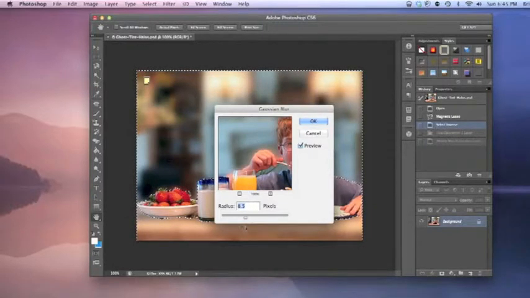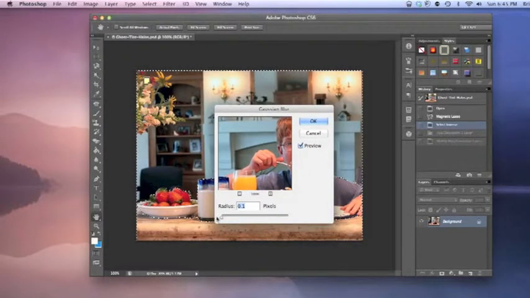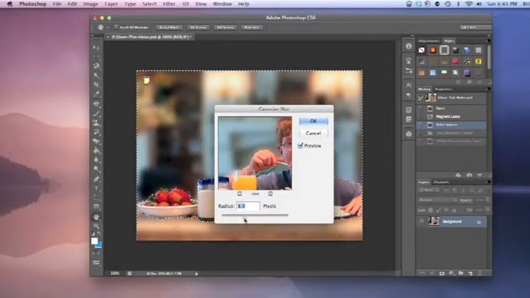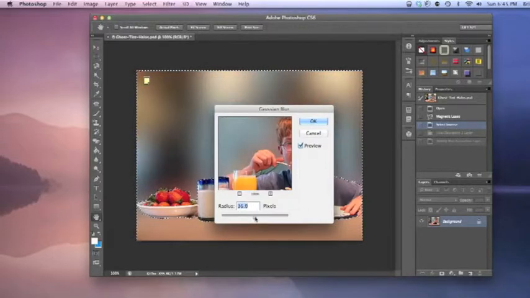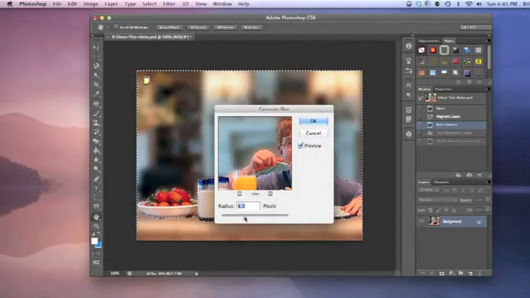You can see in the background here, you can create the amount of blur that you want. Do you want everything in the background to be somewhat identifiable? You may only want to do a slight blur. Or if you want things to be really out of focus, you're going to want an extreme blur. So let's do somewhere where things are a little bit identifiable, but not too much. There we go. Let's do about a 4.9. Let's make it go up to a good 5.0 pixels. Now if you click on OK,